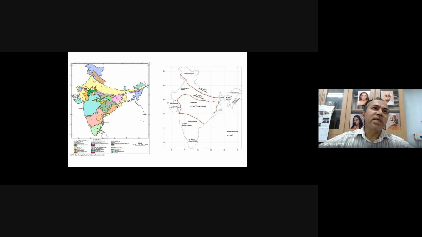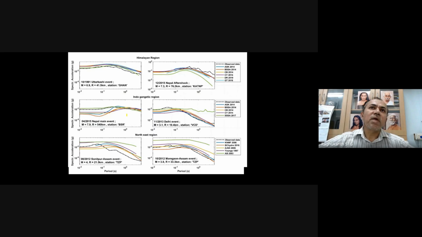So what we have done here is that we have divided the whole of India majorly into three regions. One is the Himalayan region. Then what we call the shield region, which comprises the peninsular shield portion of India. Then we have the IGP, the Indo-Gangetic Basin. Then we have the subduction zone earthquakes, where deep focus earthquakes occur in this region. Based on this, we have got international GMPEs and our Indian GMPEs also. All of them have been used, and then we use them statistically. There are weightages we have to apply.